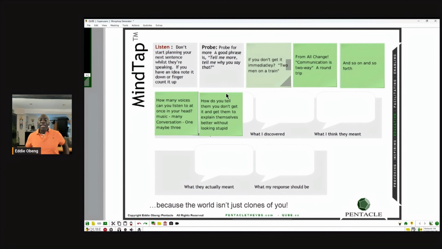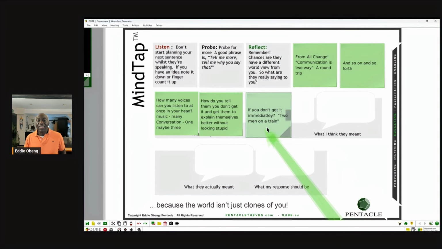Okay. Then there's the story of the 2 men on the train. 2 men on the train, they're stuck there for 3 hours. One's very clever, one's very stupid. They're talking all the time. Who learns more? Well, you might say the clever person because they can learn from anything. Or you might say the stupid person because they have so much to learn from the clever person. Or you might say both of them because one's stupid, one's clever, they're both learning. Or you might say whoever does more effective listening and reflection.